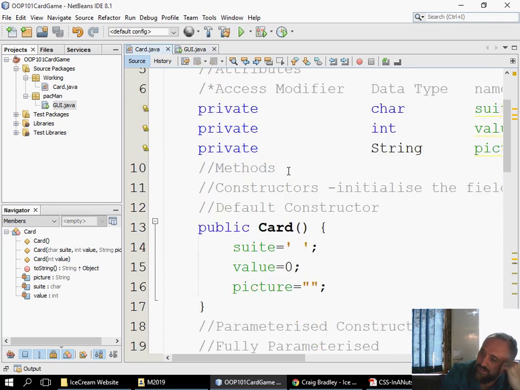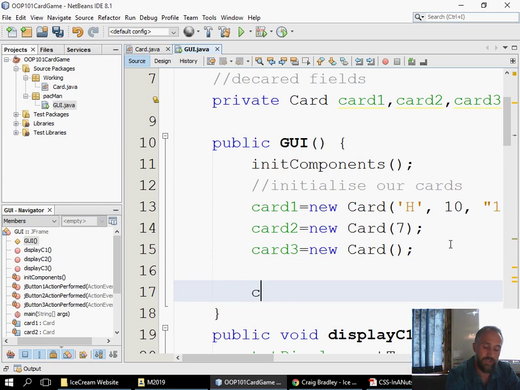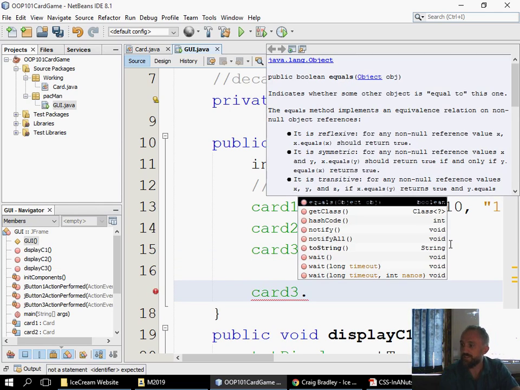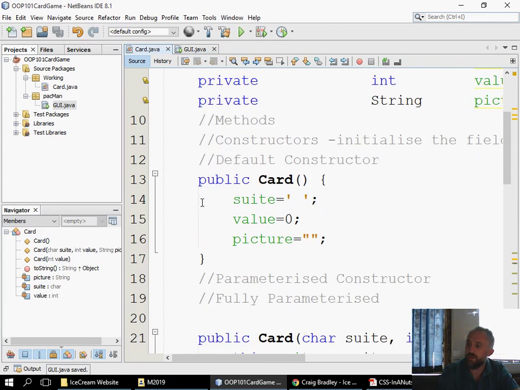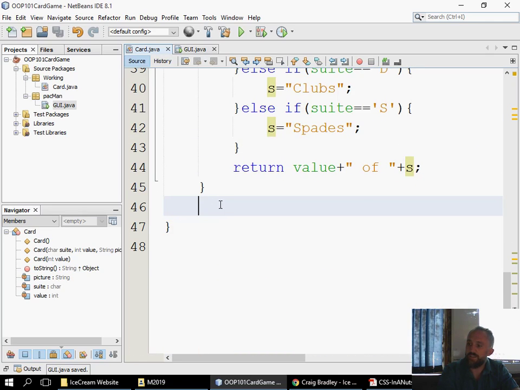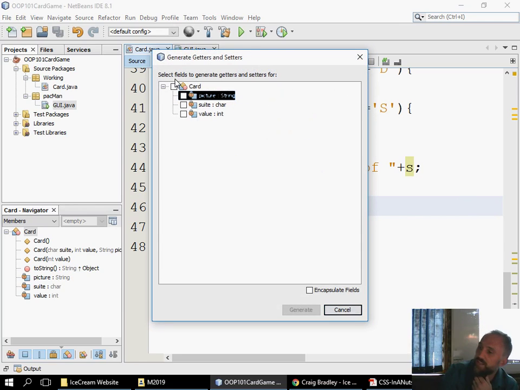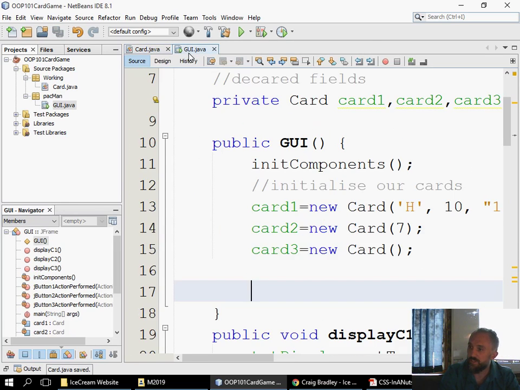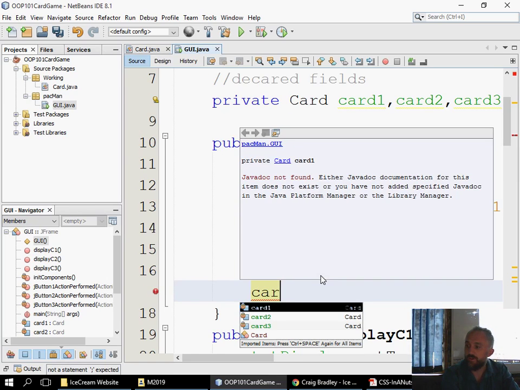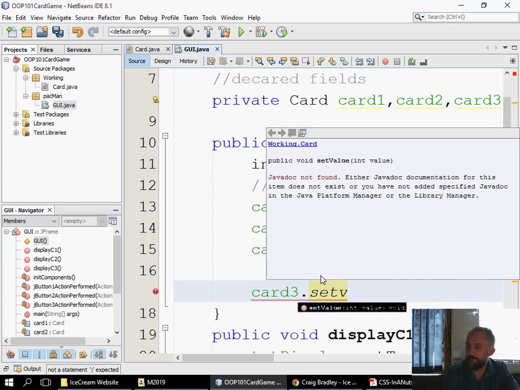Because this is private, these are all private, I can't go here. So for example, if I want to now give card 3 some values, I can't go card 3 dot. It doesn't give me the options, or it gives me these methods here because everything else is hidden. So what I do is I create a method here. For example, if I say alt insert getters and setters, and I generate getters and setters for all my fields. Now when I've done that, I'm able to here go card 3 dot set value to equal